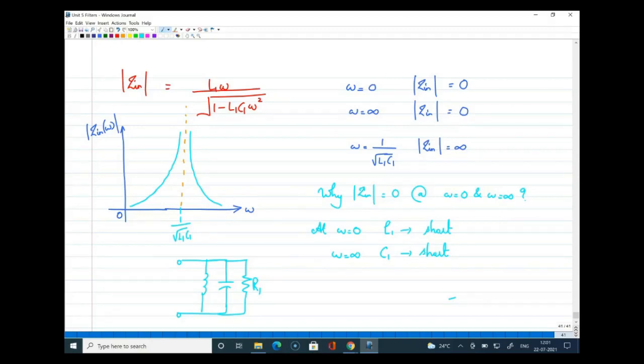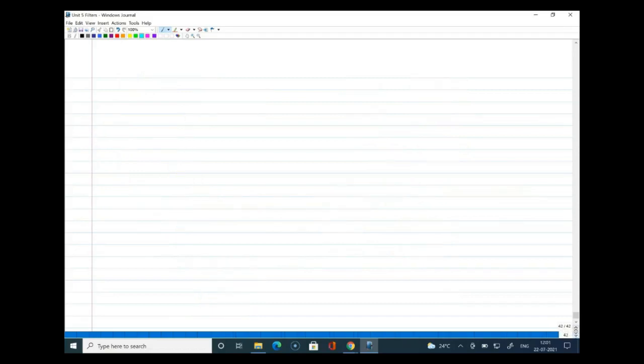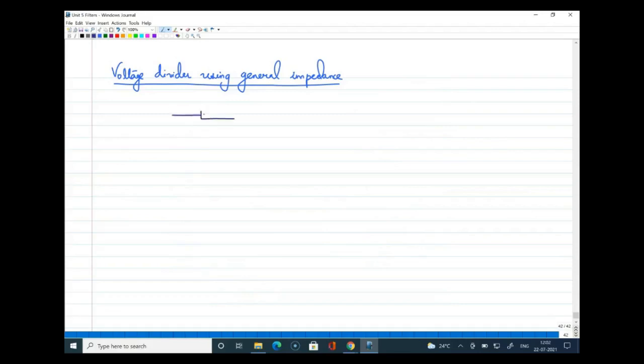So the next thing we will do is, because for the first order passive filter we had a generic structure, similarly, let us have a generic study on second order filters with a voltage divider using some general impedances. This will help us to have a good hold on especially active filters, and how I can use impedances to get different responses like low pass, high pass, band pass, or band reject. So we'll start with the generic form, same as the first order passive filter.